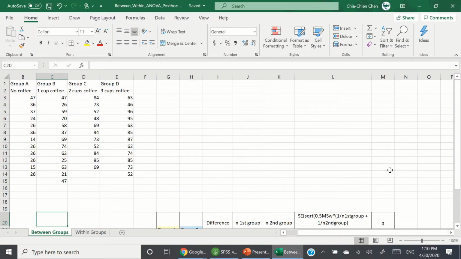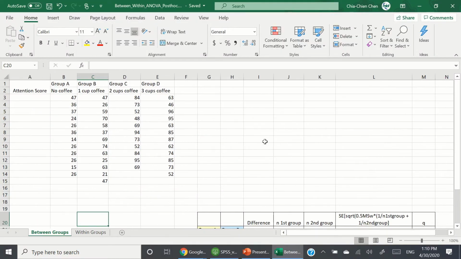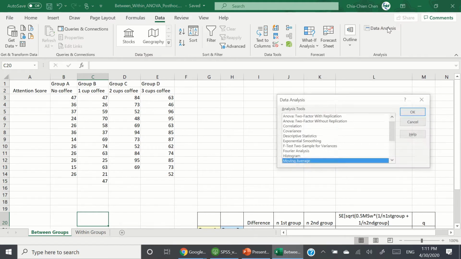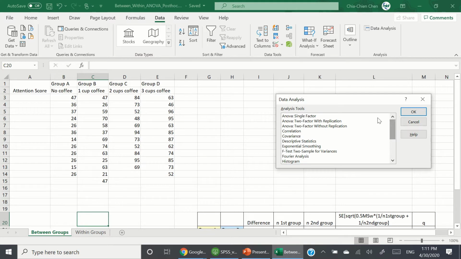Now, the third way that you can do this is to do it on Excel. Believe it or not, you can do ANOVA on Excel, and you just need to input the data analysis pack. Okay, now I showed you how to do it in the previous video, so you guys can refer back to that. Essentially, after you install it, you will see the data analysis here. So let's click on this data analysis, and then let's pick the one with the ANOVA single factor and click